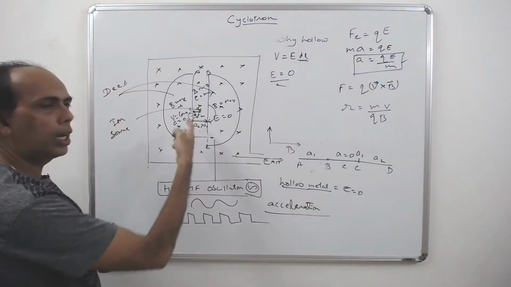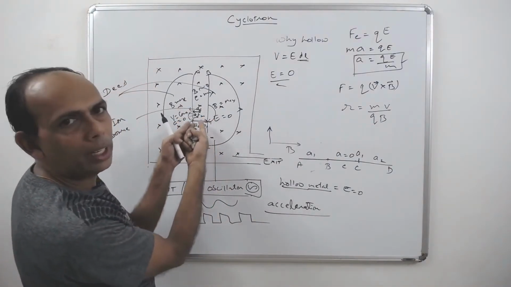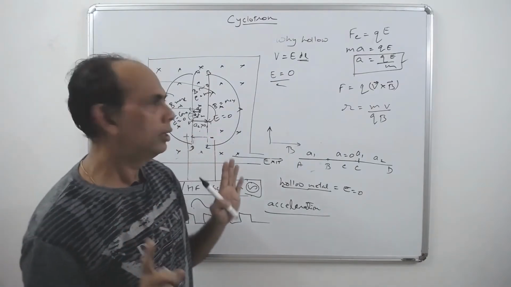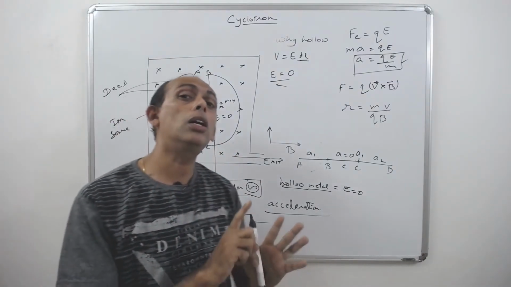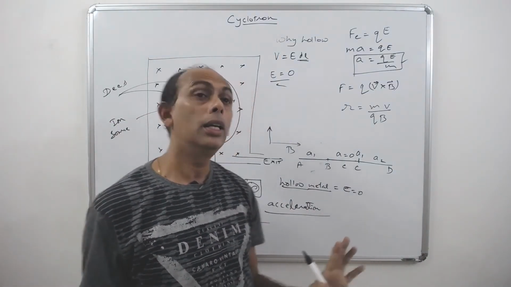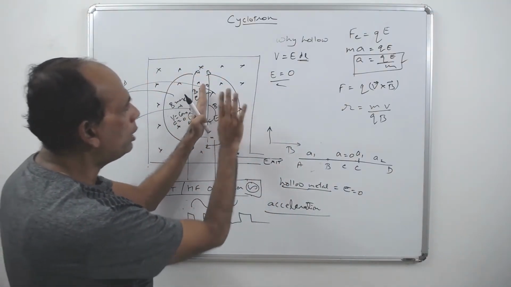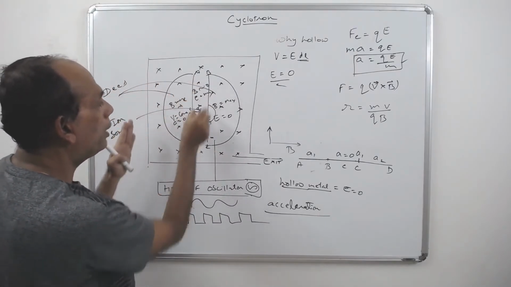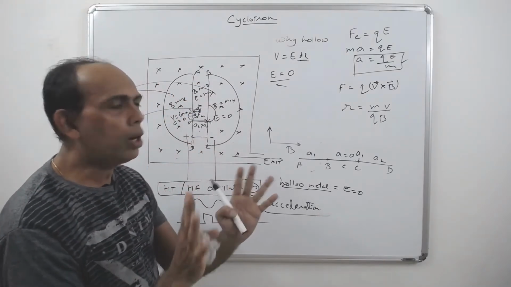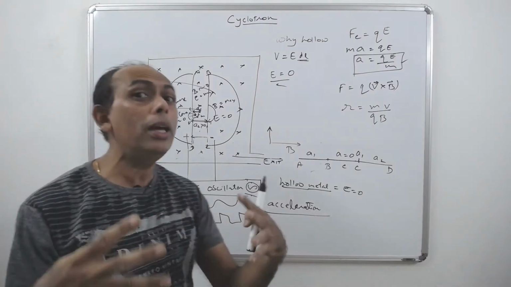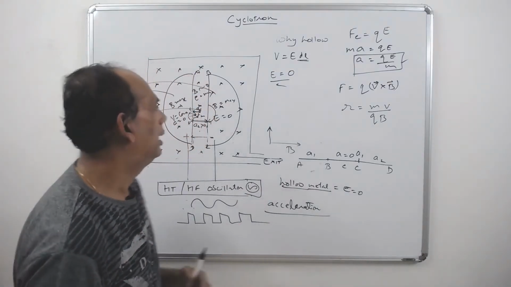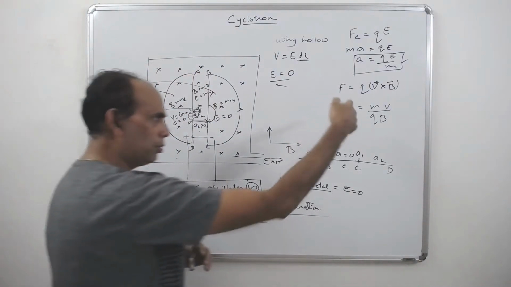Okay. So here a helix will not be formed because there is no combined field. Understand, it is not a combined magnetic and electric field. They are two separate fields at two different locations. Here only magnetic field, here only magnetic field, in between only electric field. So it's not a combination of the two fields. So it cannot be a helical path, right? It is taking a circular path only, and that gives you some radius.